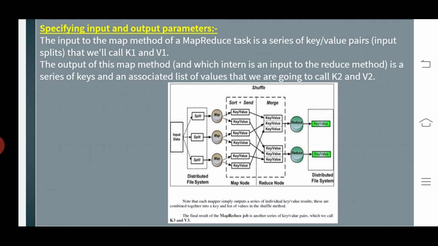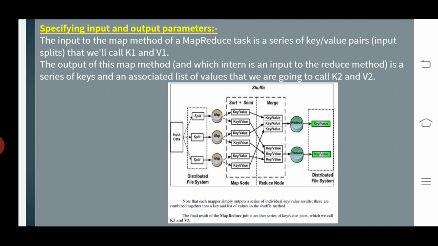The input to the map method of a MapReduce task is a series of key-value pairs, the input splits, which we call key 1 and value 1.